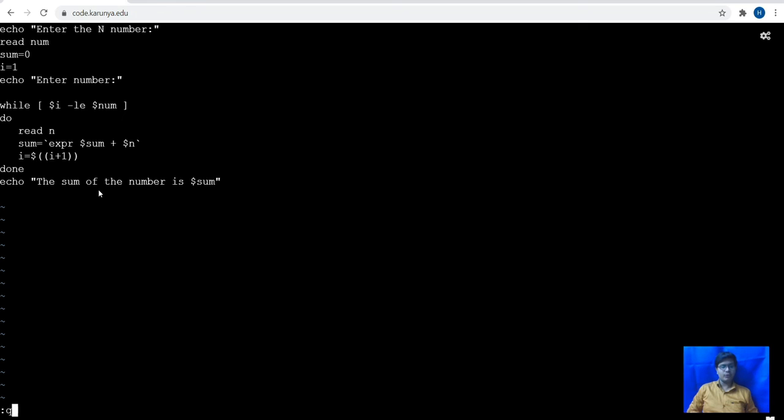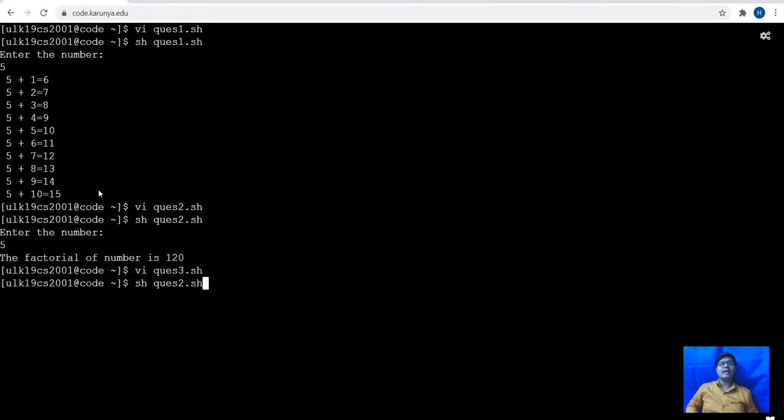So I will quit this and show the output of the code. Here it is asking for the n number. For that, I will enter 5. So here 5 numbers we have to enter, for example 1, 2, 3, 4 and 5.